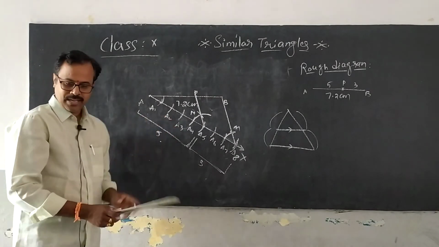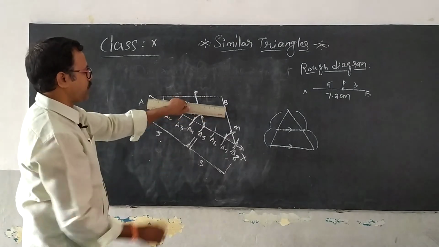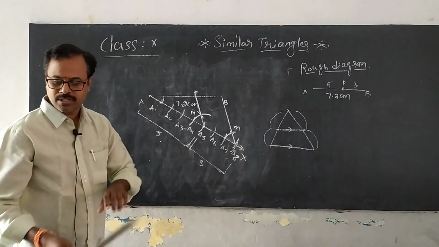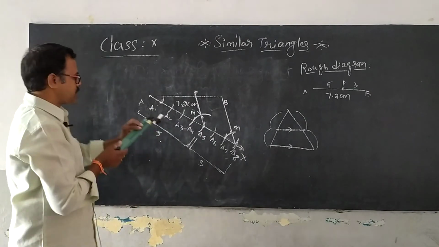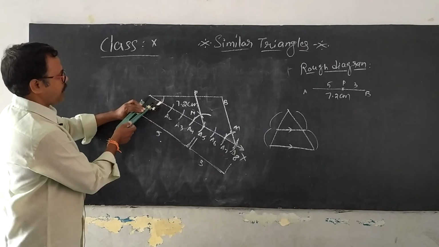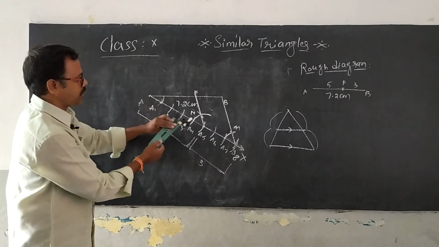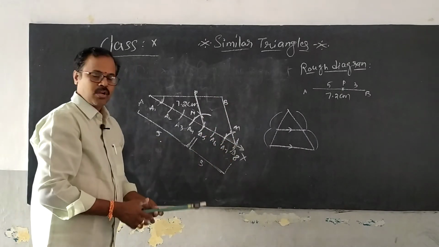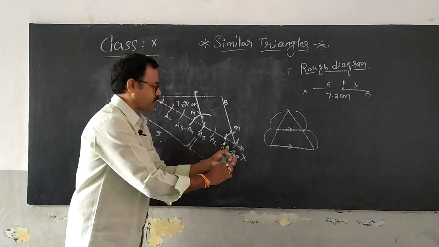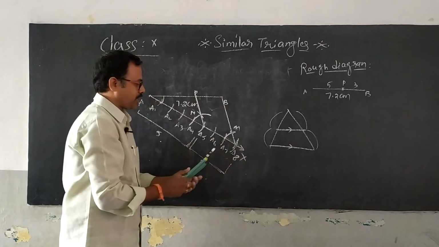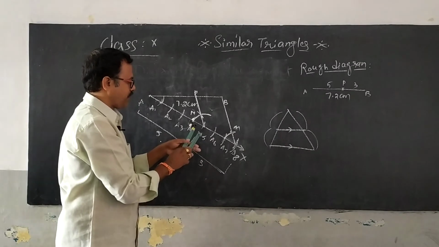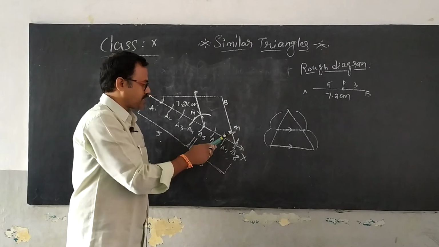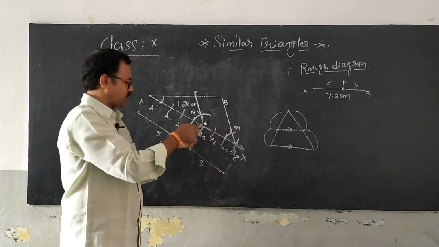You understood everybody, right? What I did first of all, we have drawn the line segment AB. After that, I have taken the acute angle ray. After that, I have taken the compass and with equal radius, the arcs are constructed A1, A2, A3, A4, A5, A6, A7, A8. From A8 to B is joined. After that, I have taken from A8 to A7 and drawn an arc to cut at M. Similar measurement taken from A5.